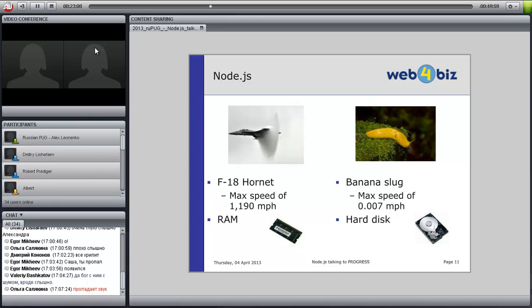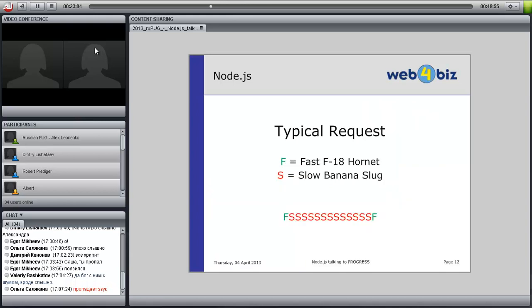On the other hand, a typical request looks like this. The request comes inside, then we have to check if it's already prepared, and if not, we have to wait until the other process has finished.